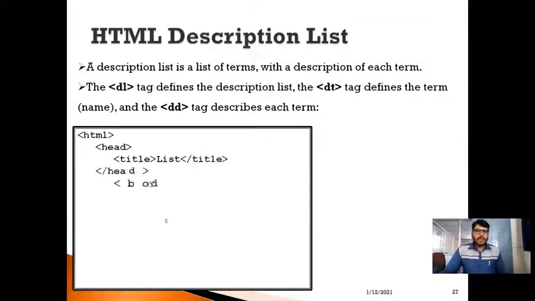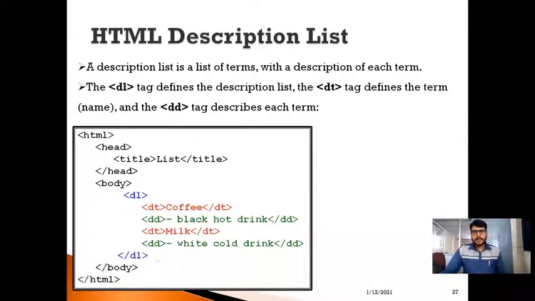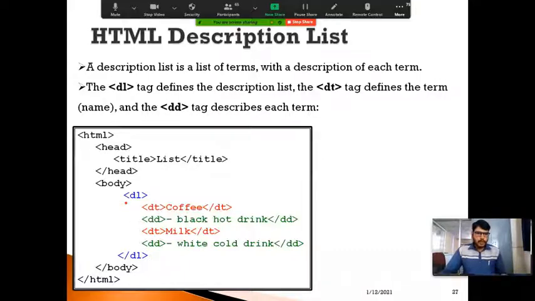So here I'm going to write a sample code to highlight a description list. As I already said, I can use a DL tag. Within a DL tag, assume that I want to specify the term. Then I can use a DT tag, and also to specify the description, I can use a DD tag. So I'm going to use a DL tag, and within it I'm using a DT tag to highlight the term, and a DD tag to highlight the description.